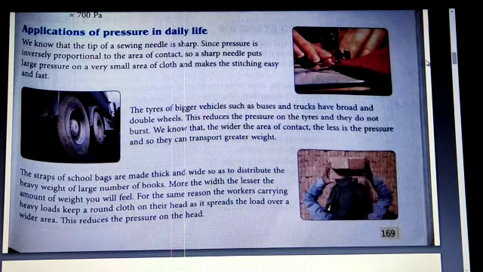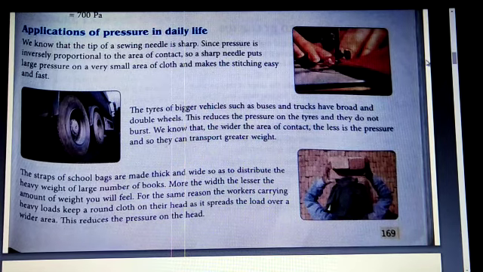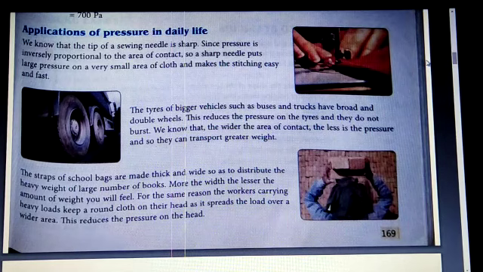Now you must have seen in your day-to-day life, the workers, when they carry bricks, they put some clothes on their head. They make a bundle of clothes and put it on their head because it spreads the load. They carry 4 bricks, 8 bricks. Even the vendors, the women who sell vegetables, carry a tokri on their head. I don't remember the term, but they make a bundle of clothes just like a round ball and keep it on their head, and on that they keep their tokri.